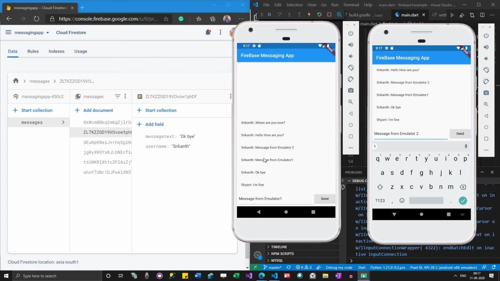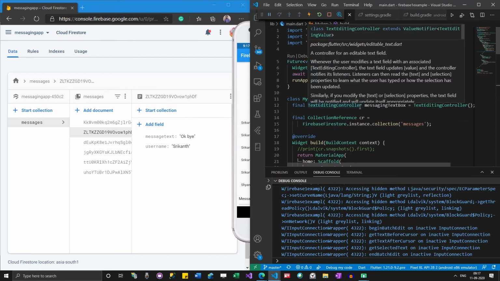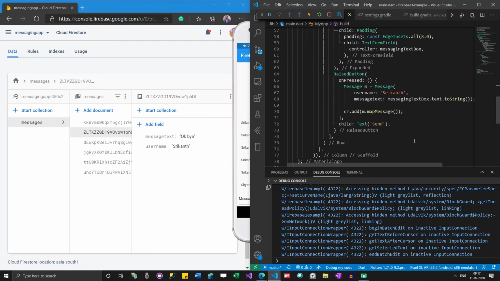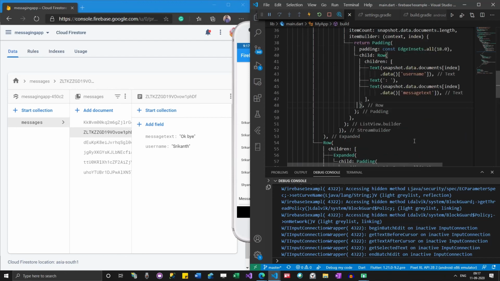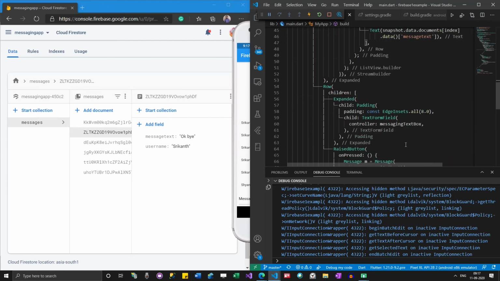This unleashes so much when it comes to Firebase. If you are using Firebase in your app, developing message apps or some real-time apps will be very easy. With very little code we are able to achieve it. The catch here is that with such a small amount of code, we are not doing anything with state management. We are just using a stream builder to do that.